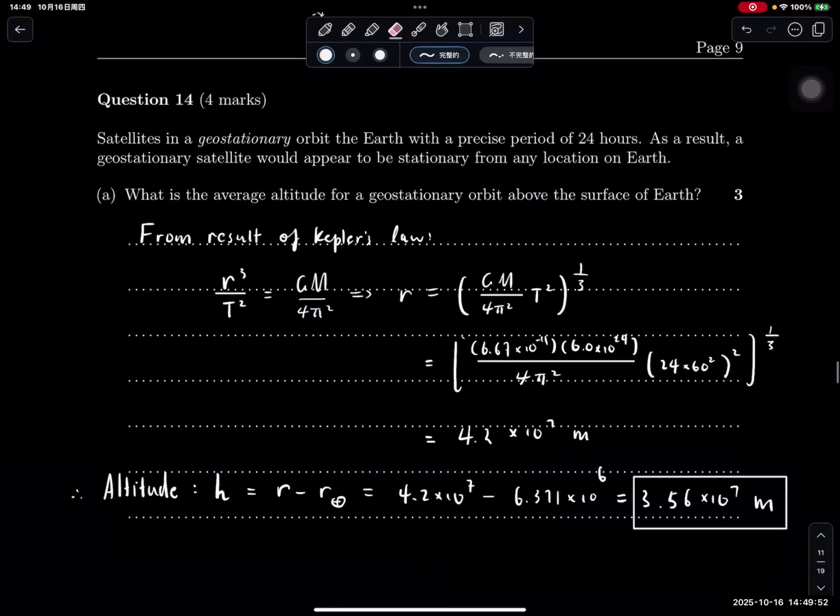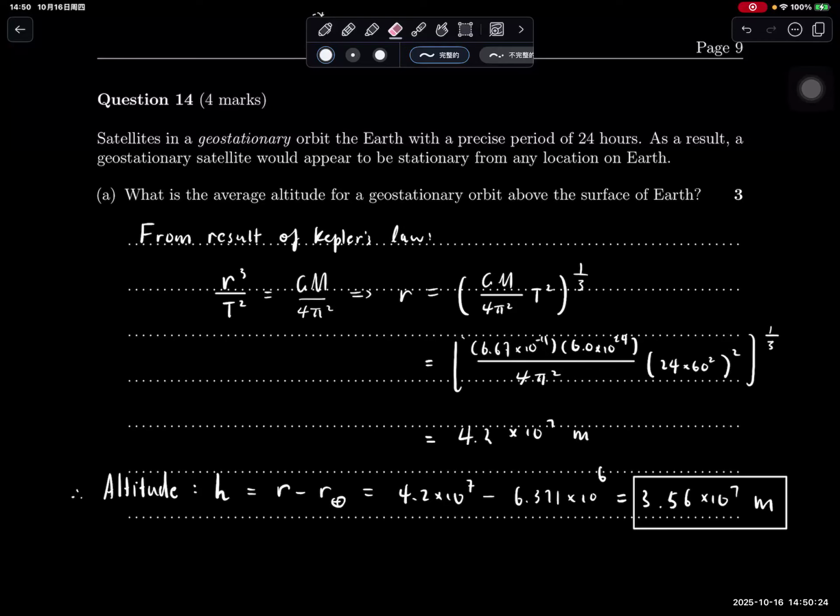Question 14 says that a satellite is in a geostationary orbit. So a geostationary orbit, like I said, I'll tell you what it means. It means that its orbital period is precisely 24 hours. As a result, a geostationary satellite would appear to be stationary above the surface of Earth. So what is the average altitude for a geostationary satellite above the surface of Earth for this period to be